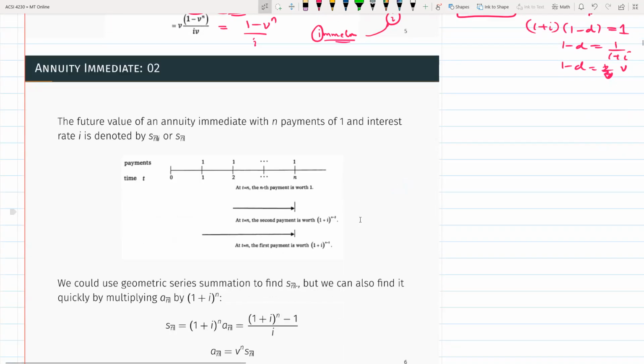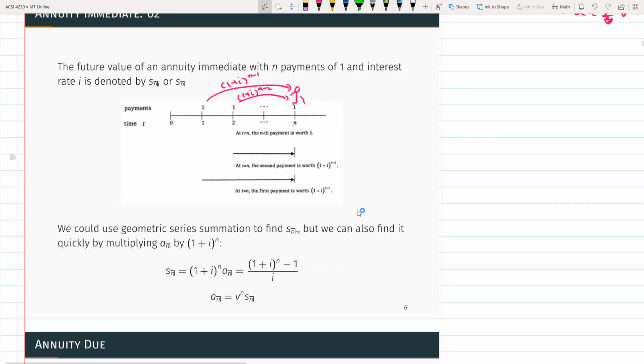Okay, so next, we talked about present value. Now we can talk about the future value. So in order to get future value, I am standing here and I want to get the future value for this payment. So how do I do that? I would take 1 plus i to the power of how many years? I have from n to 1, it's n minus 1. And this one is 1 plus i to the n minus 2. So I can add that. Okay. So basically, my expression for the future value would be